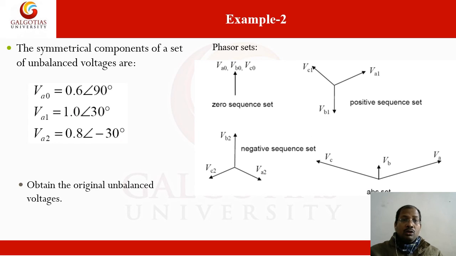Simply, we can use the same matrix here. As in previous lectures, we also consider the voltage terms given in the unbalanced form. These are unbalanced. This is the zero sequence, this is the positive sequence, and this is the negative sequence. So here we can obtain VABC: VABC is equal to the A matrix times V0, V1, V2. They have given these, we can put them in and obtain the result. This is very simple.